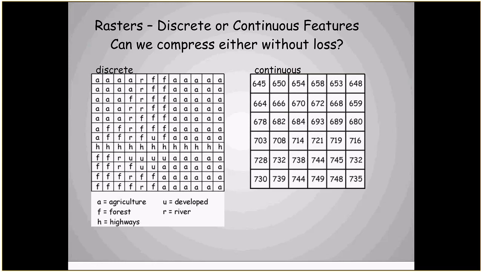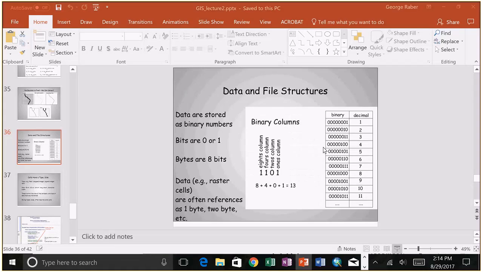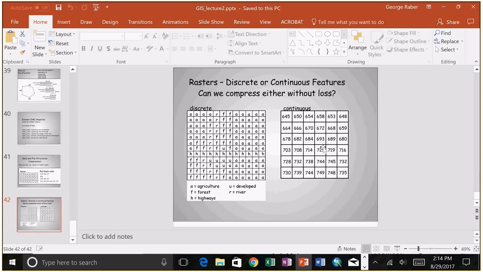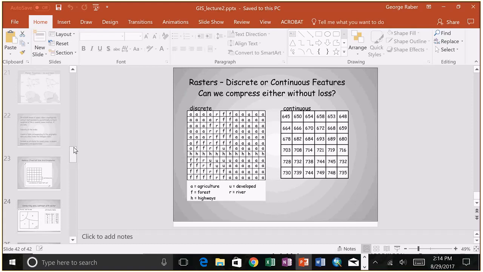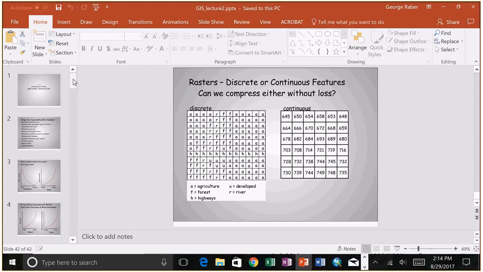It's basically degrading your data. So that may or may not be acceptable. It's going to make it smaller, but it's going to have less precision because it's smoothing it out for you. Okay,